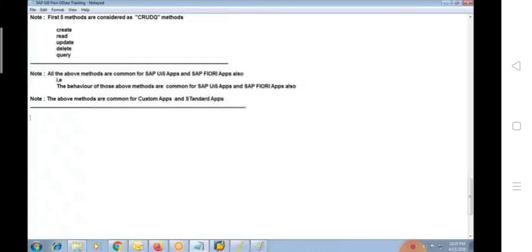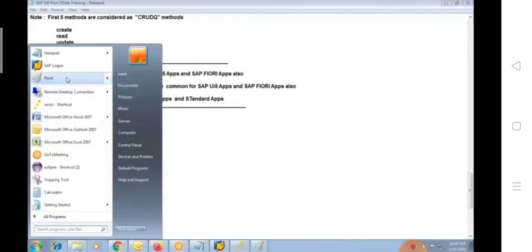So what we are going to do is, from the next session, we are going to start with OData service development. I think most of the people are from ABAP background, so I will start with OData first. Then we will go with SAP Fiori like apps and SAP Fiori apps and last SAP UI5 apps. So this is a sequence we are going to follow. In most of the real-time applications, these things are very important.